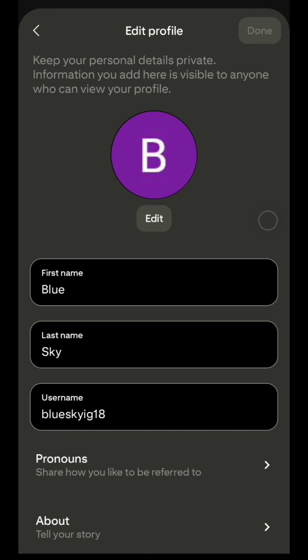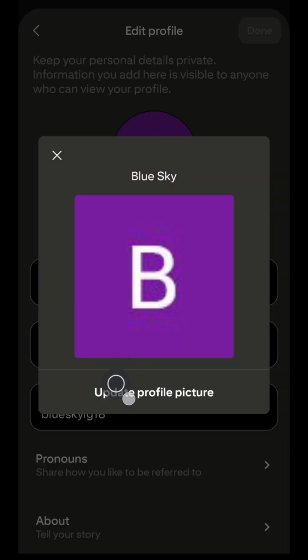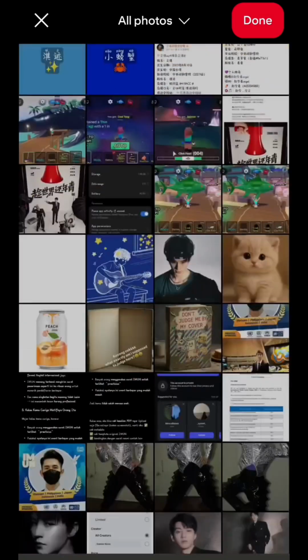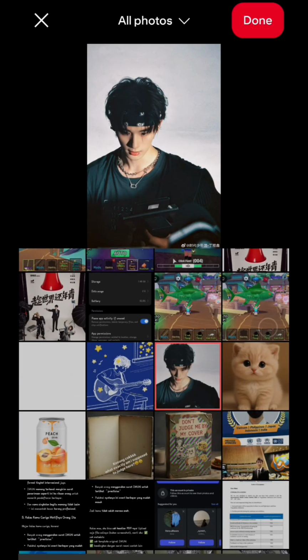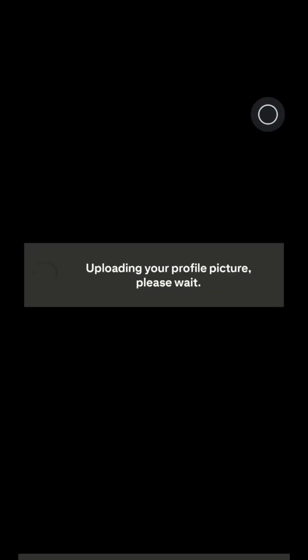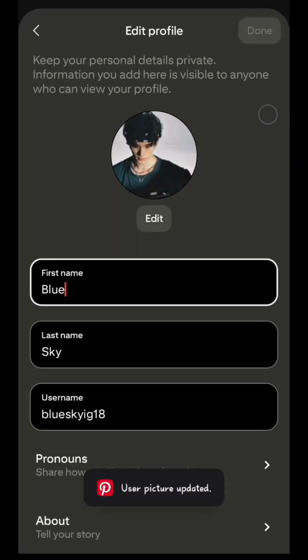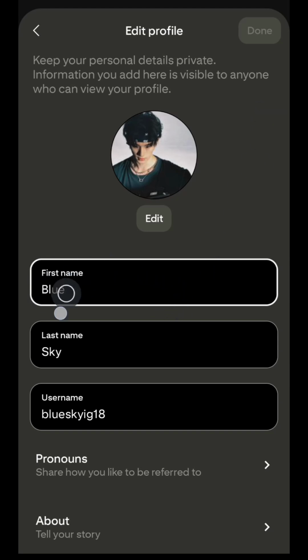And then next, just start editing your information, like maybe change the profile photo. Just tap on edit, and then tap on update profile picture, and then just choose your photo, and after that just tap on done, like this. And then you can also edit your first name and last name, and then edit your username over here,